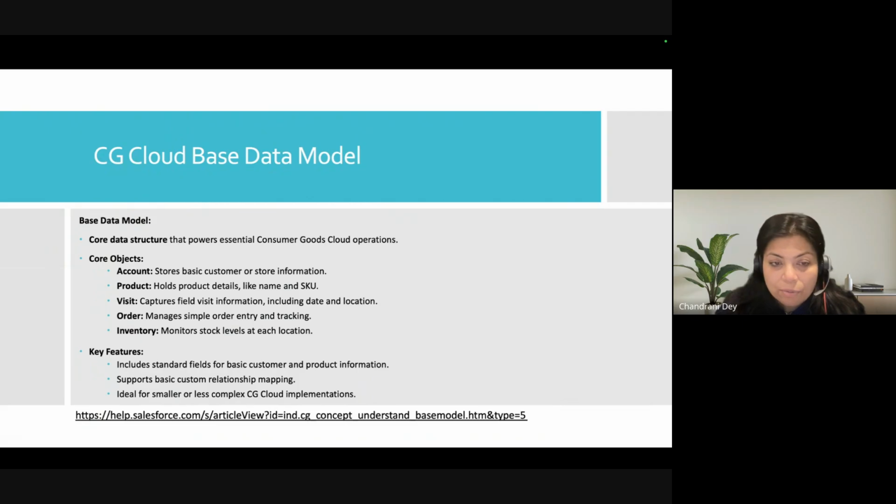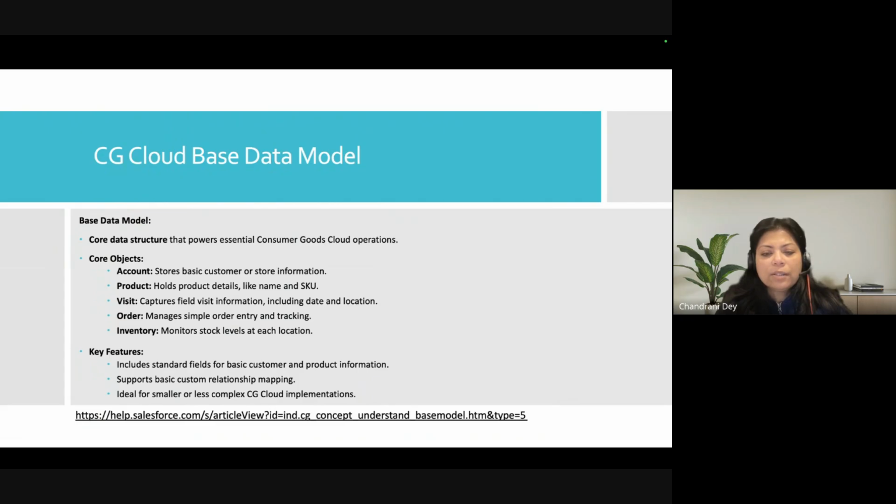Order manages simple order entry and tracking. And then comes inventory, which monitors stock levels at each location. Key features include standard fields for basic customer and product information, supports basic customer relationship mapping, and is ideal for smaller or less complex CG Cloud implementations.